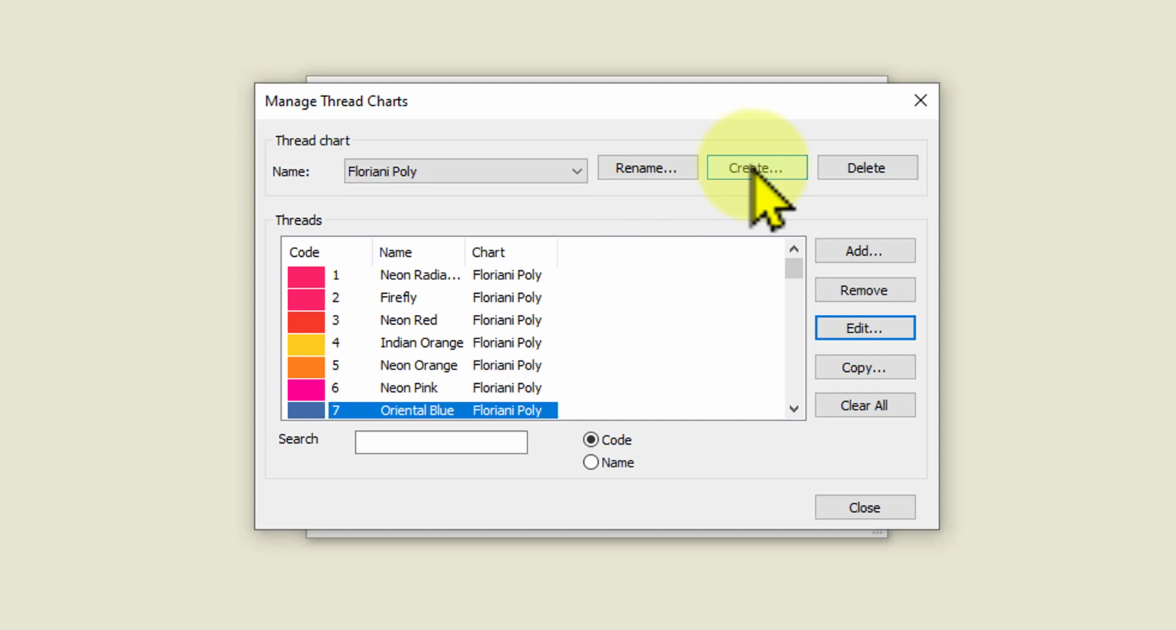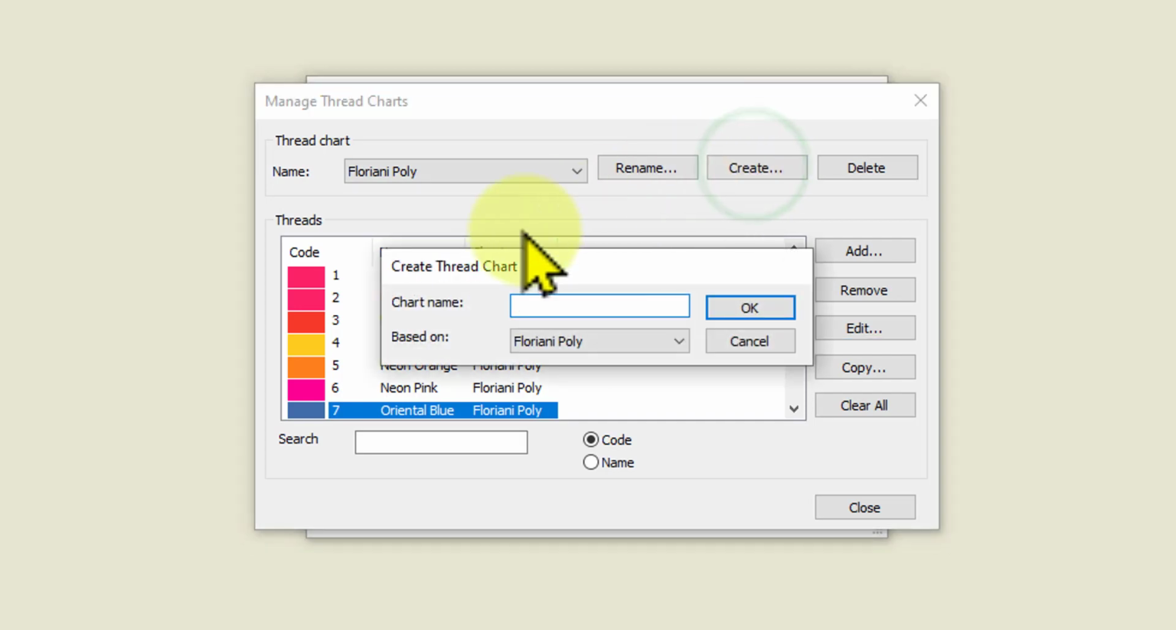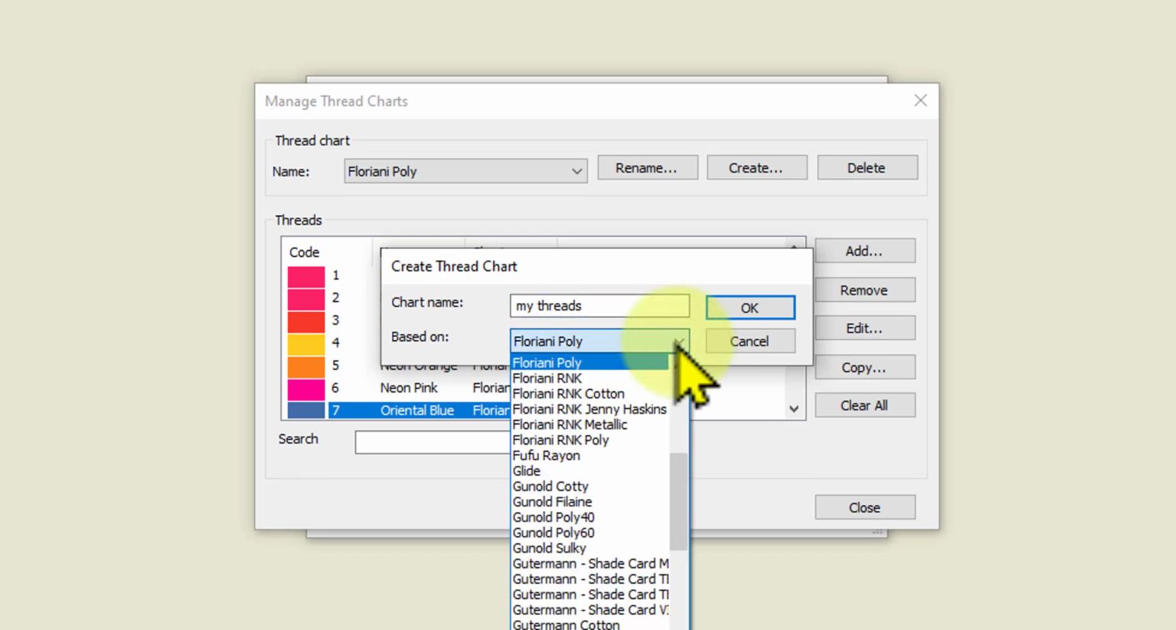So now we want to create our own thread chart to put our own threads in. So we click on the Create button here, and we're going to give that chart a name. So you might want to call that My Threads, so that you only have your threads in there. Now you need to base it on a thread chart. So if you've got the majority of